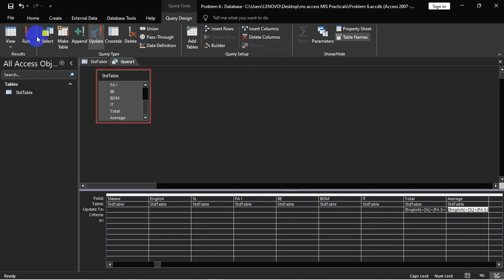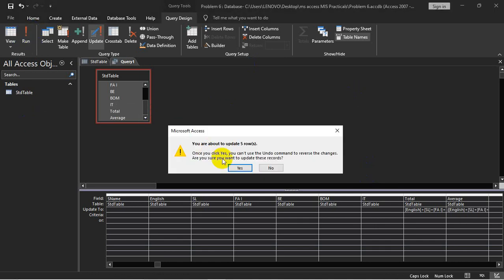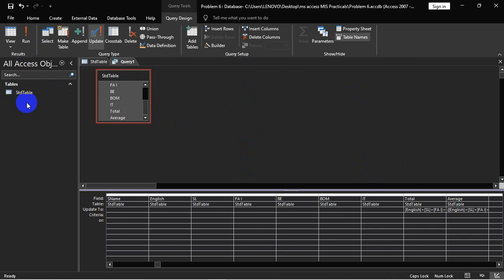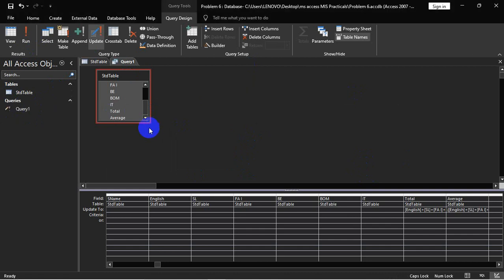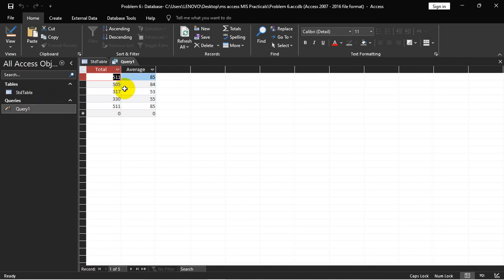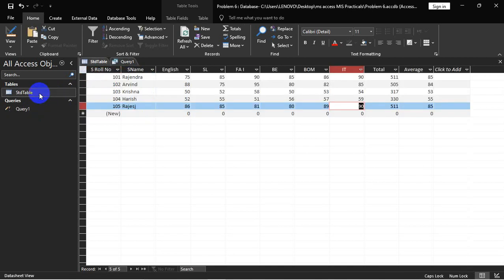You just give this one, run it here, you have updated 5 rows. Save this one as query 1. All this is done, you have the table over here, everything is ready.